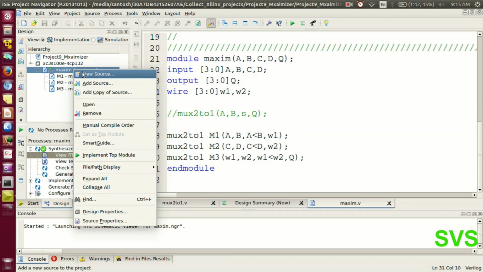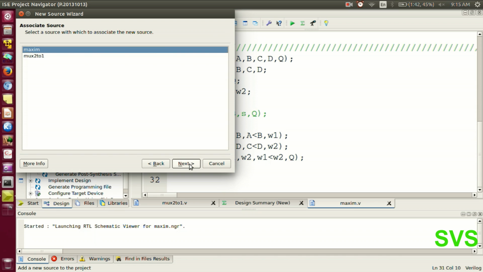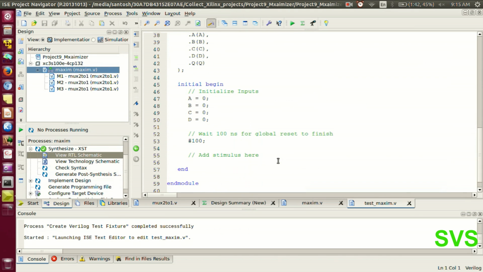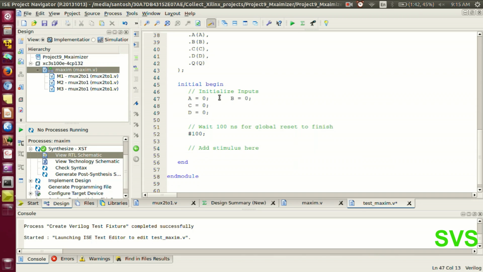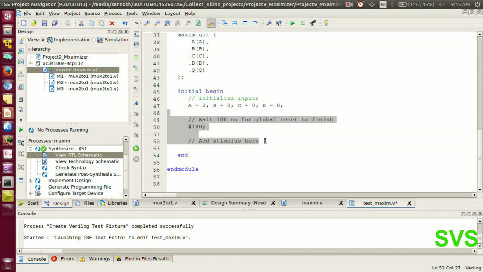So to test the functionality of the maximizer, we'll create a test fixture. And then we'll be appropriately defining the inputs. Note, all inputs are 4-bit. And to speed up the input declarations,